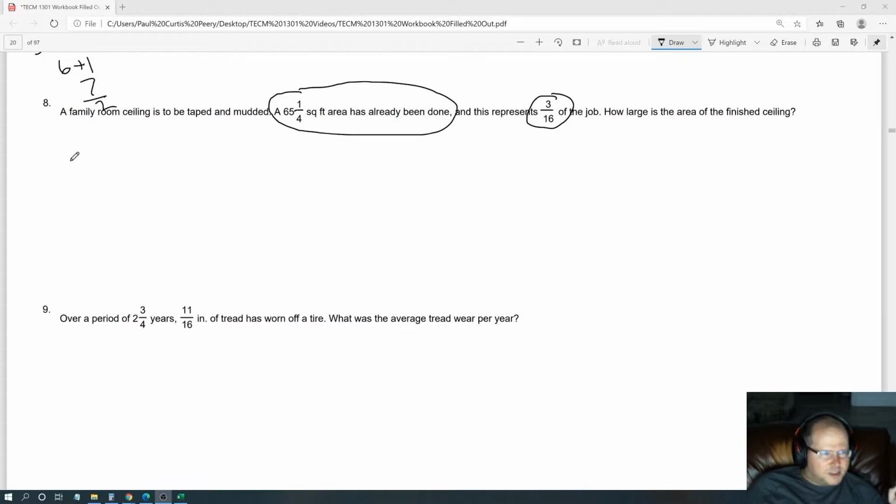So the way you're going to do this is you're going to take the 65 1/4 and you're going to divide it by the 3/16. I realize that probably doesn't make a lot of sense. So let's use much smaller numbers to try to make this make a little more sense, right? So let's say that